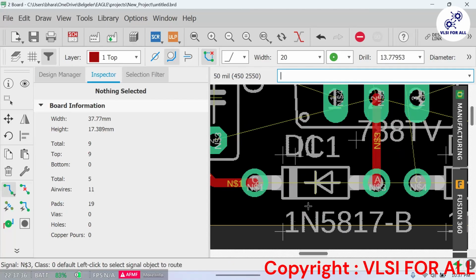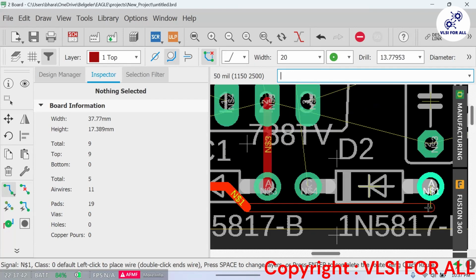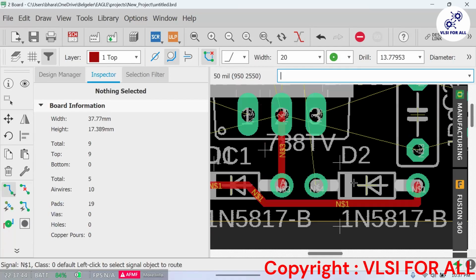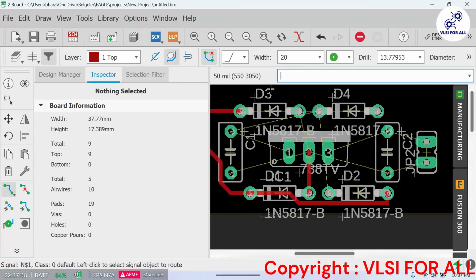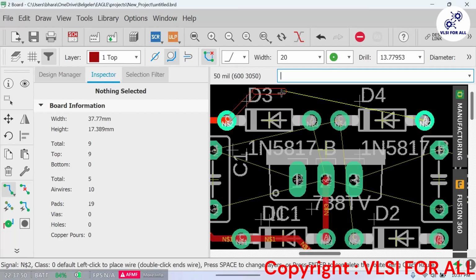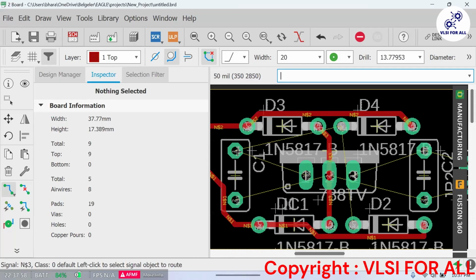I will try to put it here and draw this one again. I can do auto routing here also. I will show you how auto routing happens. Then I will gather it from here to here and connect it. Then simply I will draw it here like this.